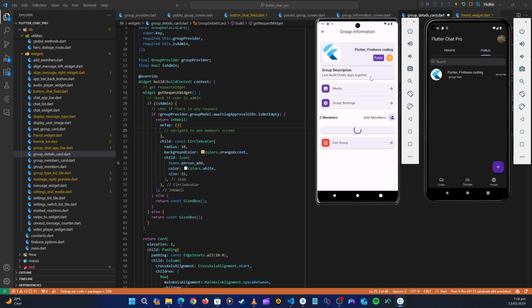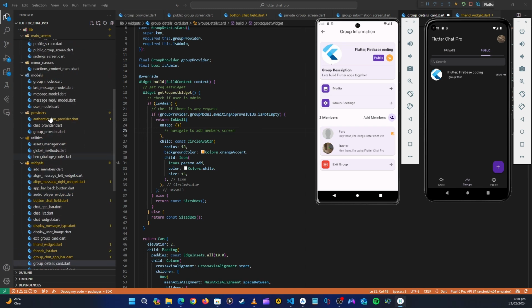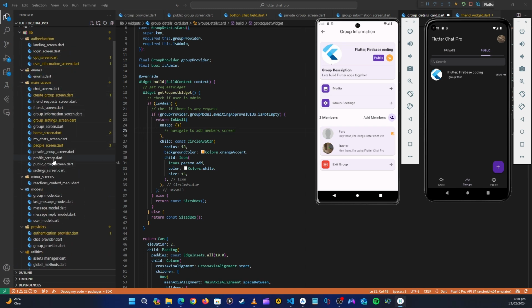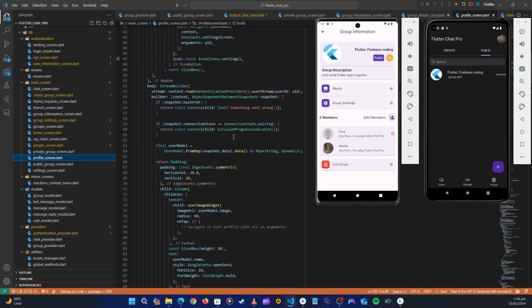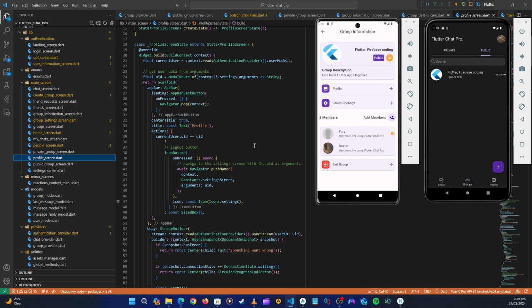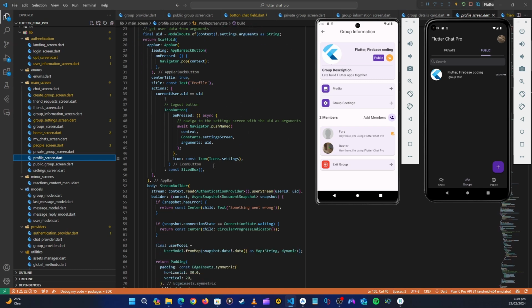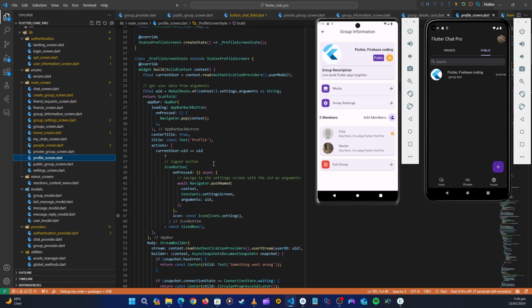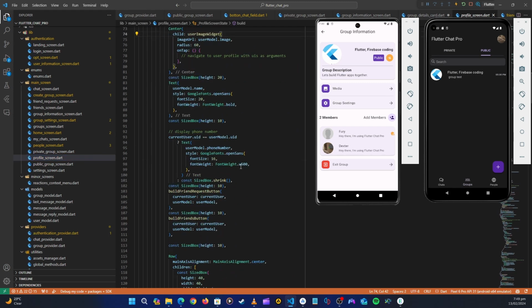Okay, so here what we will return is the same thing we were returning in the profile. So let's go to the profile screen and see what was going on. So we need to come back to the profile and then fix our UI, and then also the code, because you can see right now we're having trouble just to look for one method. Okay, so where we have a request